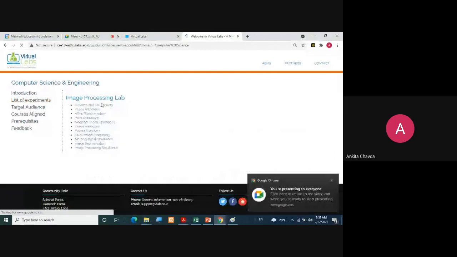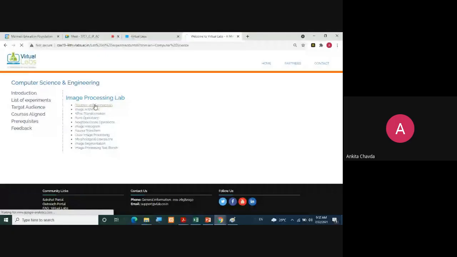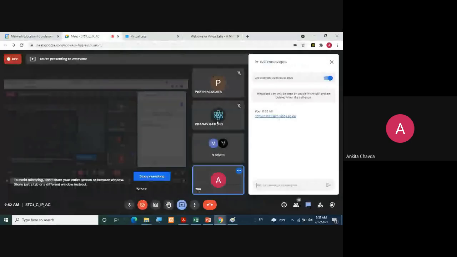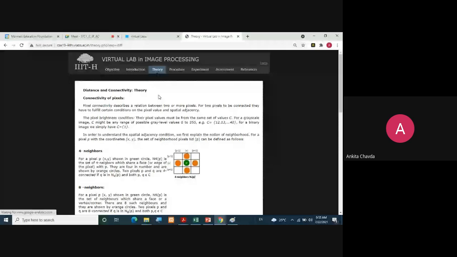The very first one, distance and connectivity, maybe you have done it. Yes. Yes or no? Distance and connectivity. Here we have seen this theory and all, right? Introduction that what is the 4 neighbors and the 8 neighbors, what are the m neighbors, right?